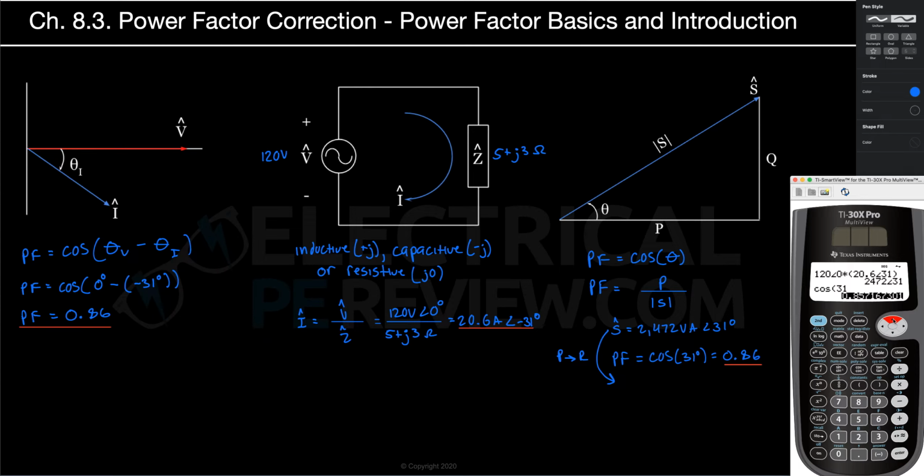I'm going to show you the easy way to do this. So I'm going to keep going. Oh, I passed it. There it is. I'm going to press enter to bring it down. And I'm going to let the calculator do the heavy lifting for me. I'm just going to hit second complex and scroll down to number 5, which is A plus BI. And when I press enter, it's going to convert this value in polar to rectangular. All right, so now our complex power, complex S, expressed in rectangular is about